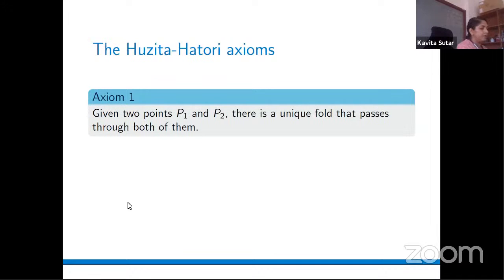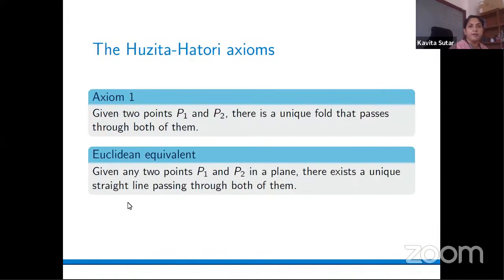Okay, so here is my fold which passes through the 2 points P1 and P2, and as you suspect, this is absolutely equivalent to Euclid's first axiom of geometry. That given any 2 points in a plane, there exists a unique straight line passing through them. And that straight line, in this case, you can actually just